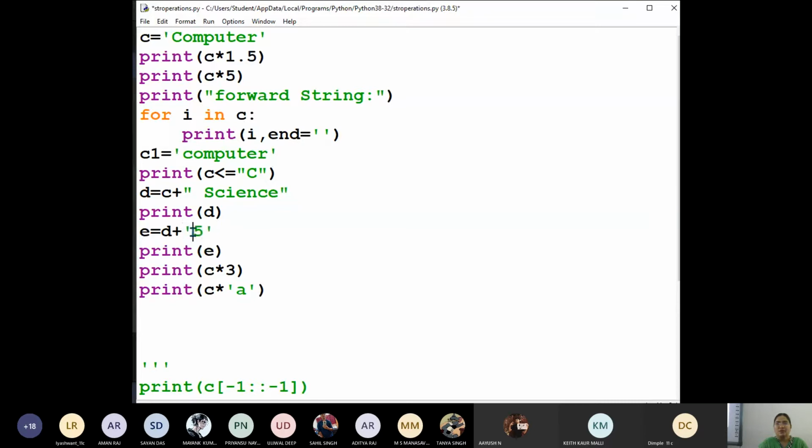ठीक है? So normal 5 means 5 ones are 5, 5 threes are 15. Addition, multiplication कुछ भी कर सकते हैं. But this is not a numerical 5, it is a textual 5.